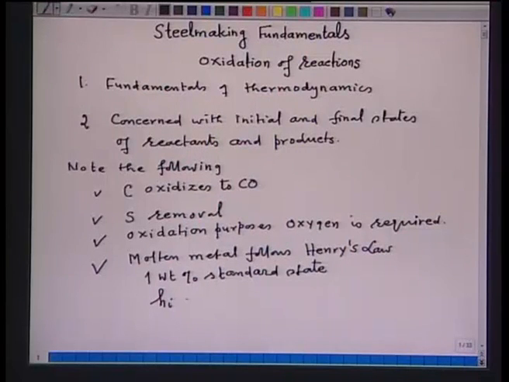For example, in the case of Raoult's law, 1 weight% is the standard state when the impurity elements are below 1 weight%. So, as such, we will be using 1 weight% as the standard state, and we denote the activity of elements in molten metal or steel by Henryan activity, and as such the relation is h_i equal to f_i into weight% i, where i is the element under consideration. So, following this,